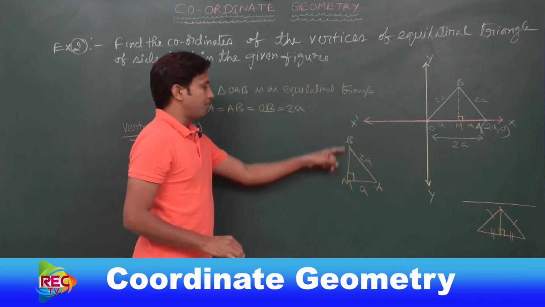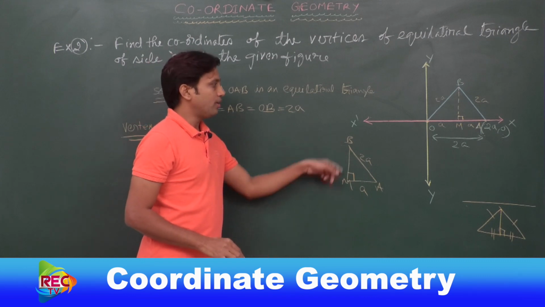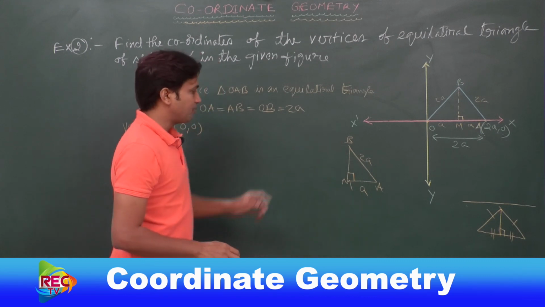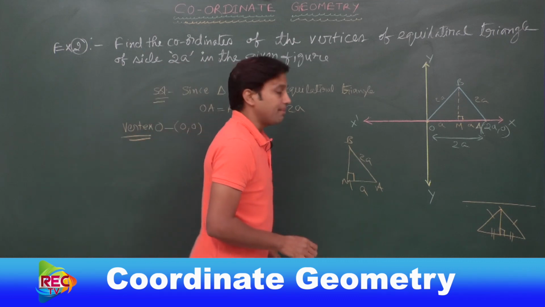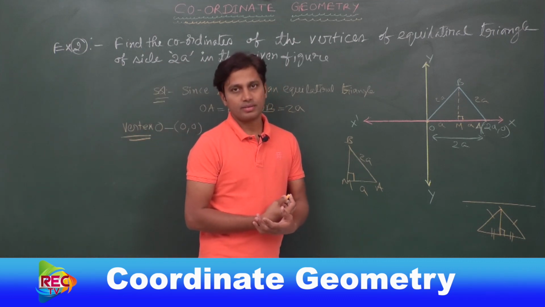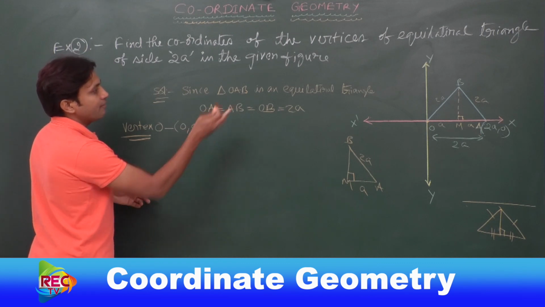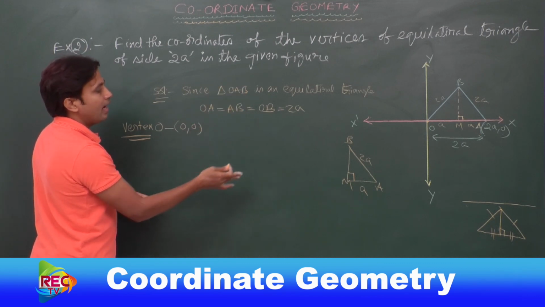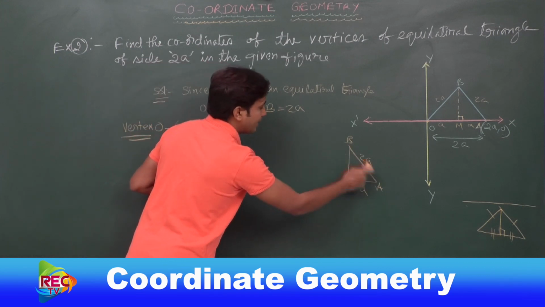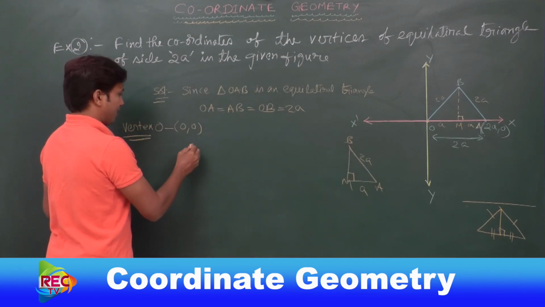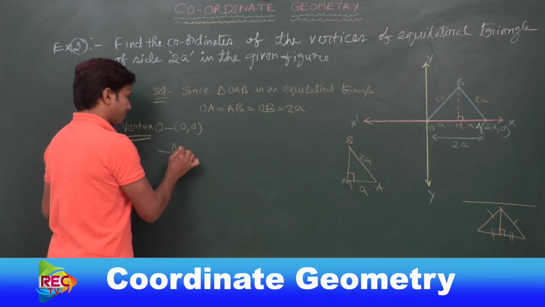Now we need to find BM. How can we find BM? Using the Pythagoras relation. We constructed BM, and from that we separated the triangle BMA. So in triangle BMA,